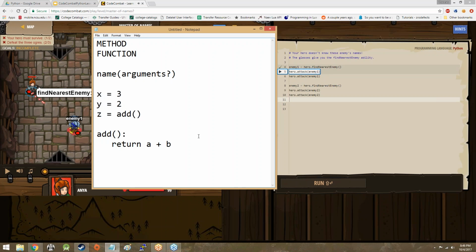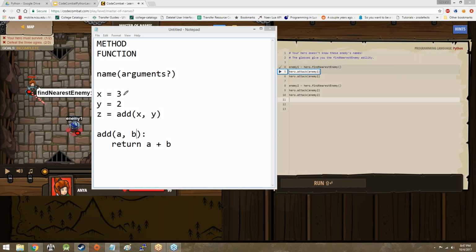But suffice it to say, when we get into add, it doesn't know what x and y are. That's why I renamed them to A and B, so that we didn't get confused. However, this is where arguments come in, because arguments allow us to feed variables into a function or a method so that it can use those variables. So if we say add A, comma B,